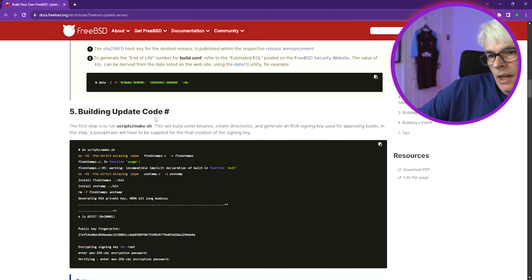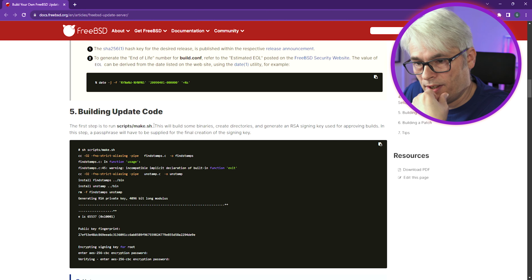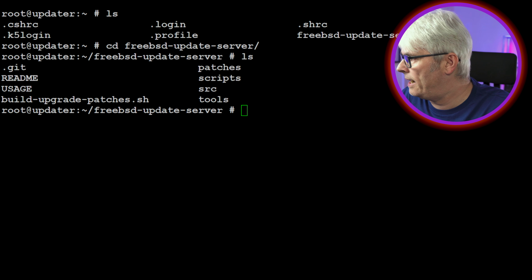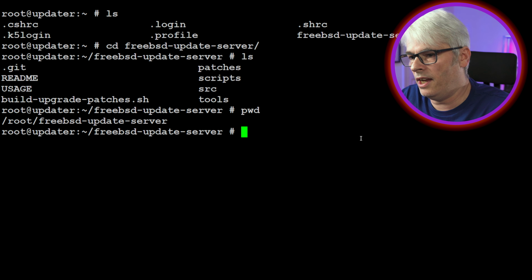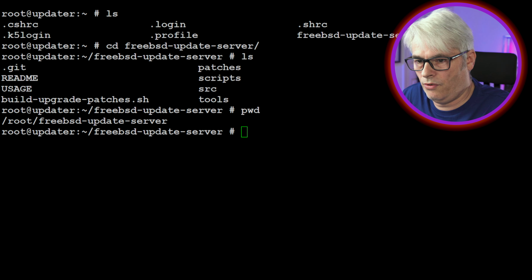Building the update code. First step is to run scripts/make.sh. There we go. So we're back in our root FreeBSD update server directory where the code is, and we want to run sh scripts/make.sh. Let's see what happens.